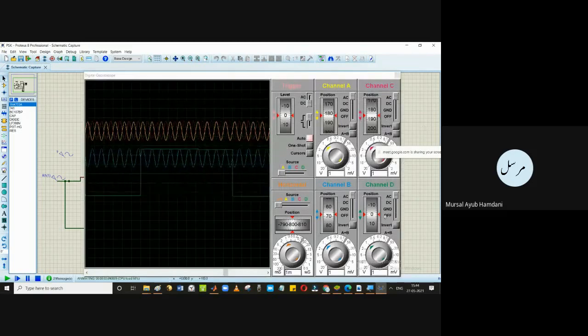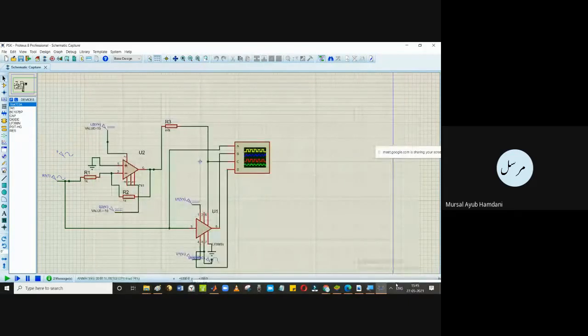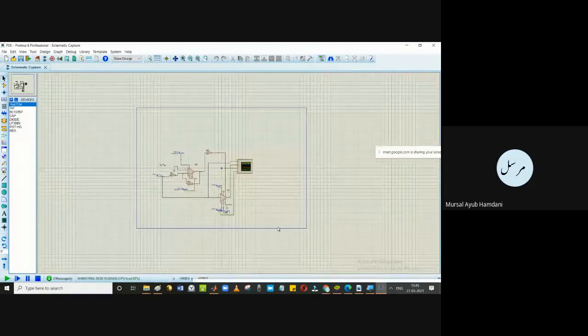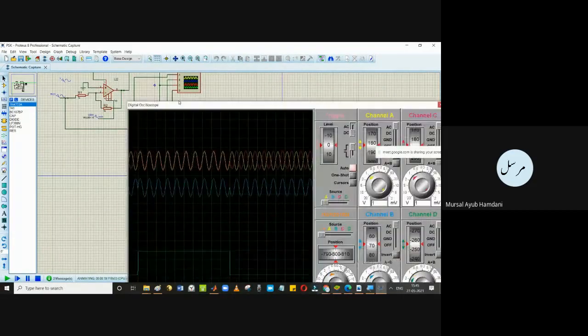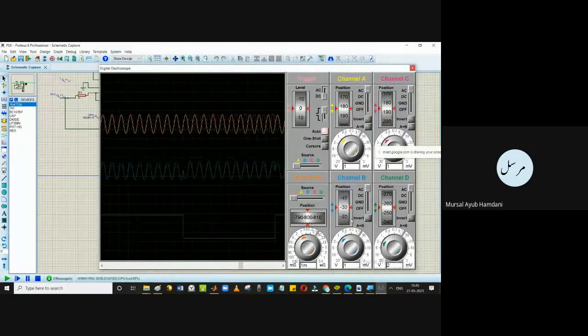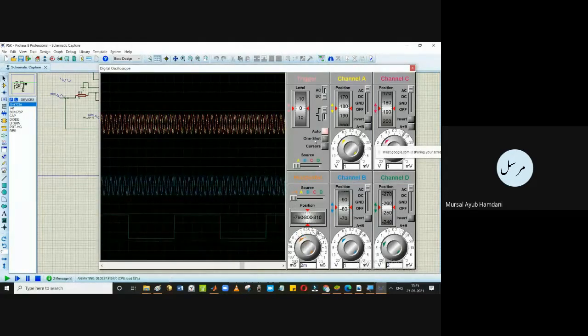Okay, let me bring it down. Another one is the overall FSK, where 5 is going to B, so we have to see the B one. This is the phase you can see here, and here I have to pull it down.